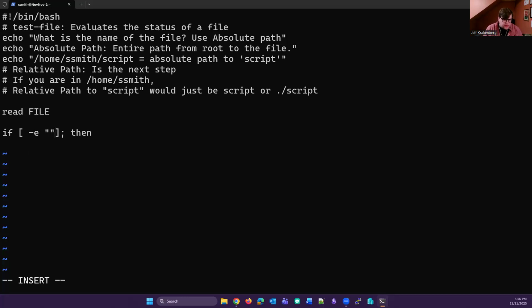So what this says is if file exists, then, so if they put in a valid file, we're going to go ahead and do the thing. So now we need to go down to the next line. And we're going to go in four spaces, just as a standard. That might just be me and my Python brain. So now we know if it exists, then